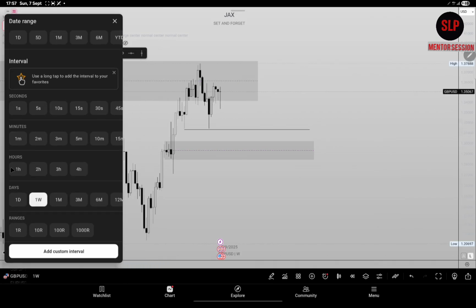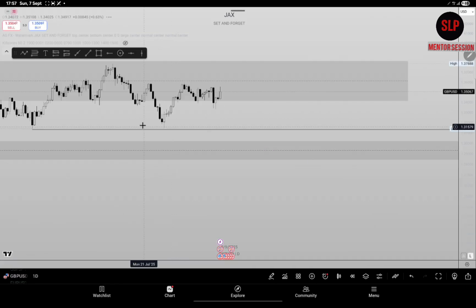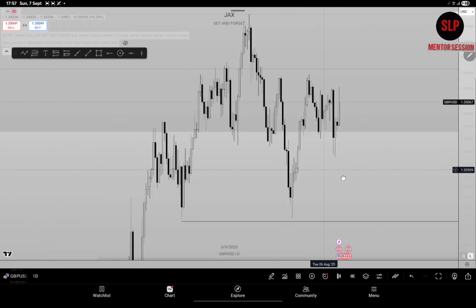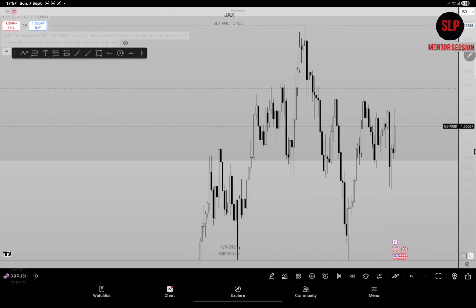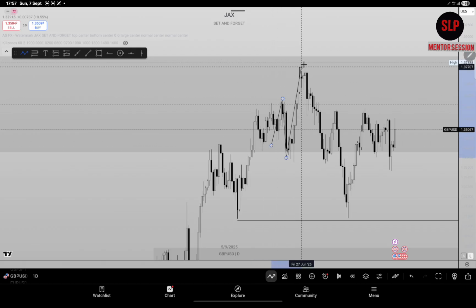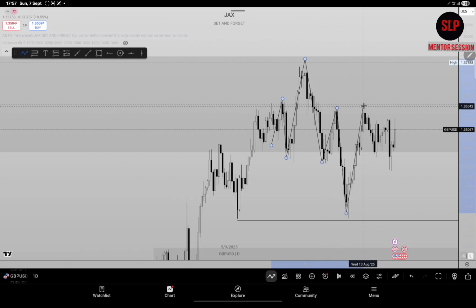So what's going to push price to the downside to come and tap into that PD array? Now when we go to our daily time frame, as I've said in most of my videos, price has given us a very valid sell structure on GBP USD. You can see a high was created, it broke structure, price came and sold. Broke structure. First pullback. Broke structure.